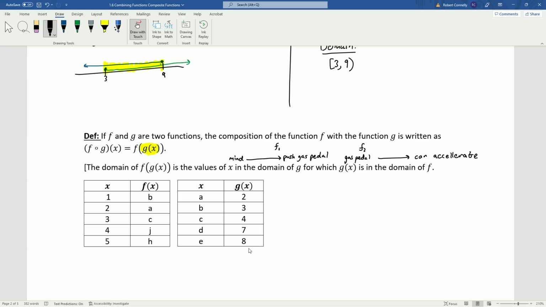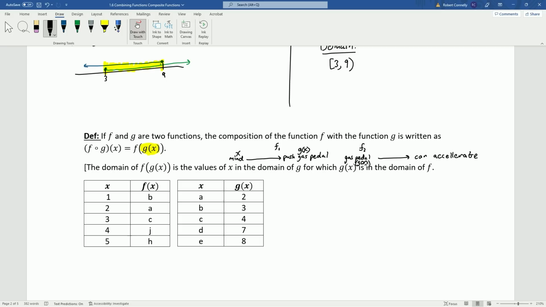So what that means is my first input here is x, and then my mind has some function that, depending on my circumstances, tells me how far I want to push the gas pedal down on my car. And the result is that my foot gets pressed g of x into the gas pedal. And then that gas pedal, g of x,